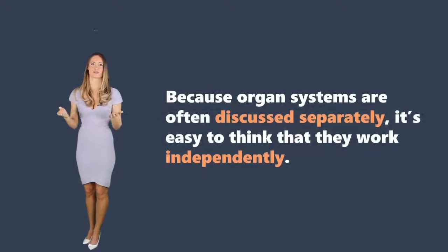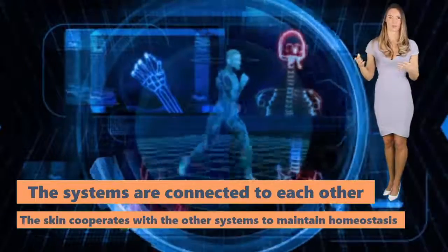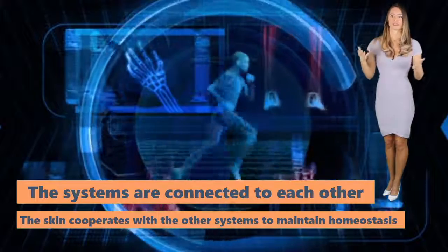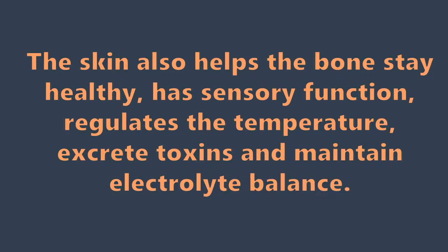Because organ systems are discussed separately, it's easy to think they all work independently. However, as you have learned, the systems are connected to each other, just like how the skin cooperates with the other systems to maintain homeostasis. More than giving us a covering and protecting us from harmful elements in the environment, the skin also helps the bones stay healthy. It has regulatory functions: it regulates temperature, excretes toxins, and maintains the electrolyte balance. So in the end, our skin is not just an element of beauty, it is very essential to every part